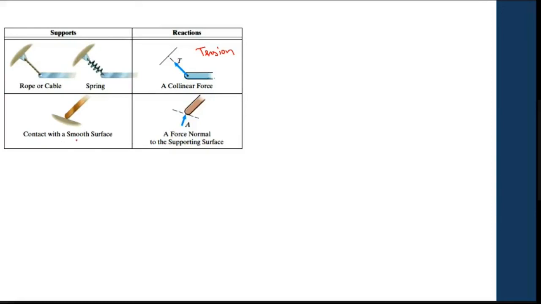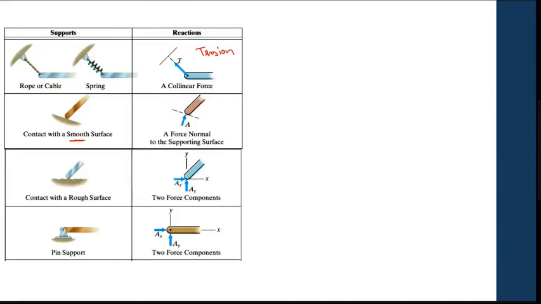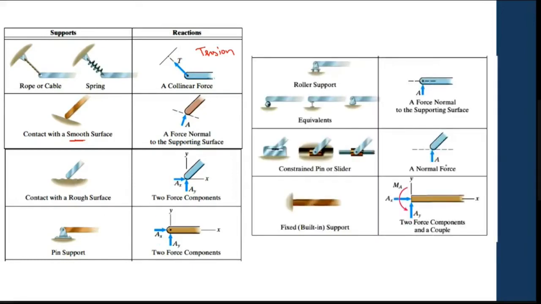You have a smooth contact. Smooth means if you consider that you have oil here, then when I apply a force in the x-axis, it will move easily. So only y is restricted. So you have y. There's another set. If it is rough, it is like a hinge support or a pin support. You have two reactions. Pin support, of course, also has two reactions. So roller supports all come under this one. Fixed support, yeah, this. So these are some exercises.